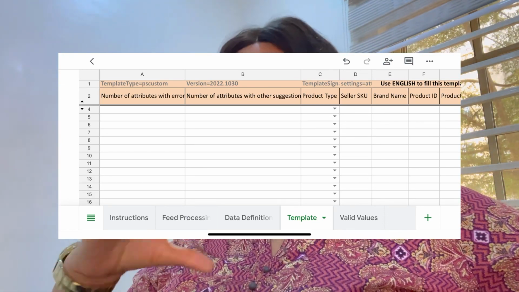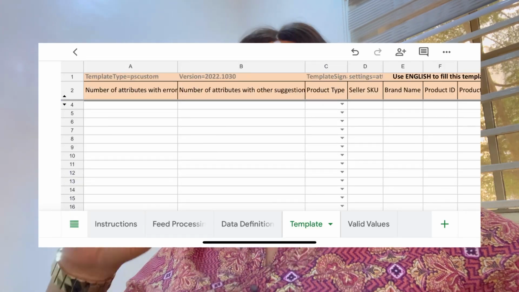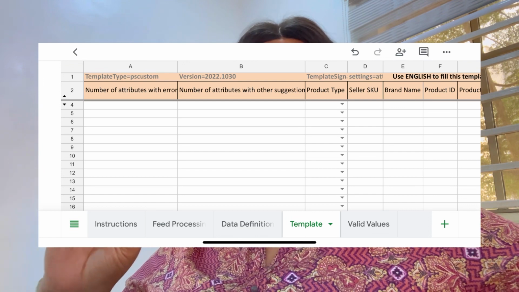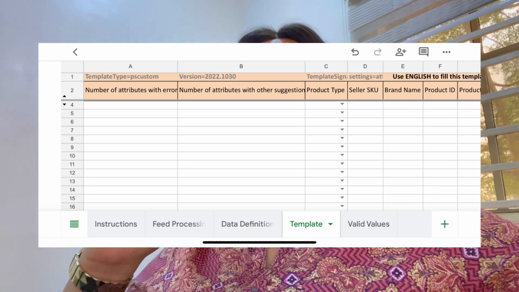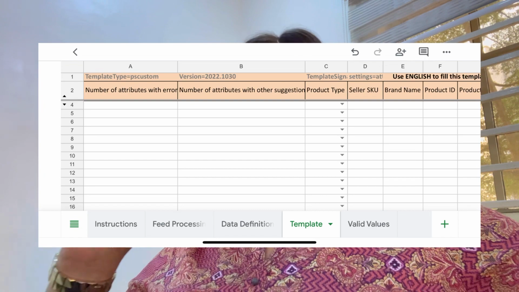Now, when you're in the template, for someone that wants to change their product title or product description, the only things we are going to be adjusting here on the template for a name change are the product type, the seller SKU, and the product ID. Your product ID is the ASIN. You're going to be using your ASIN for this, not your UPC. I know the valid values may show you that you can use EAN, UPC, all of that, but what you are going to put in there is the ASIN. Under product ID, you're putting in your